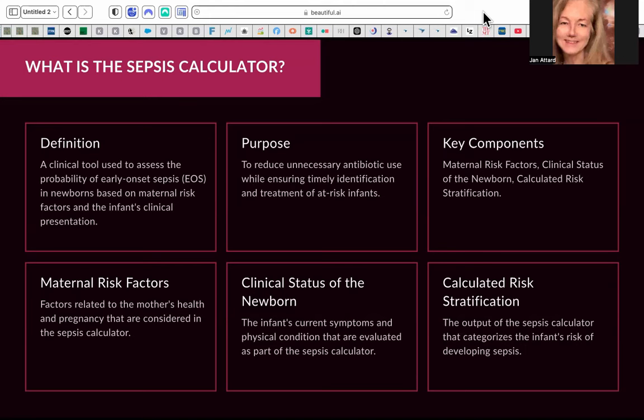That increases risk, and then the clinical status of the baby, the infant's current symptoms. And my goodness, babies are being born at 42 weeks, almost too long, 33 weeks, 32 weeks, 29 weeks. So we calculate risk stratification,